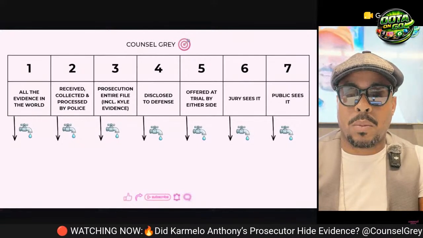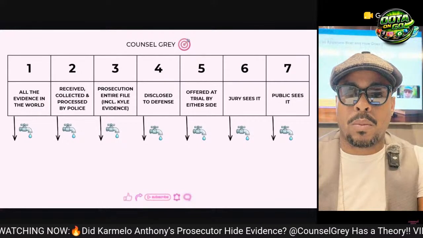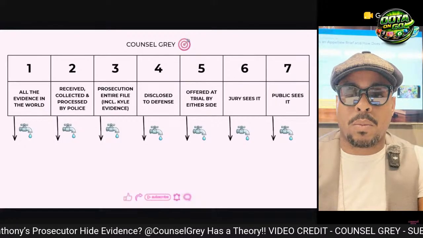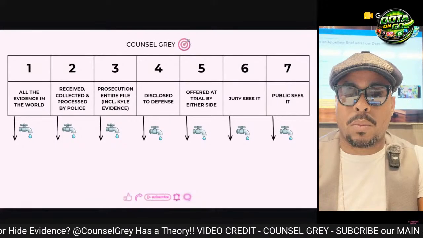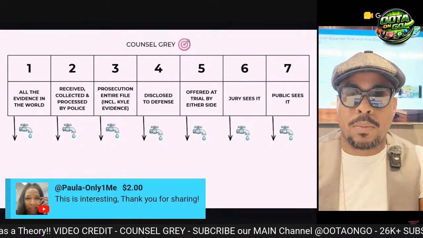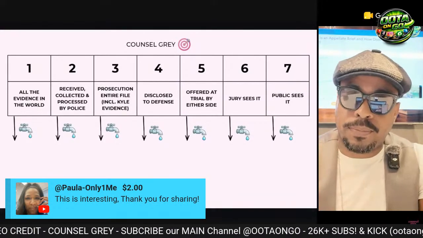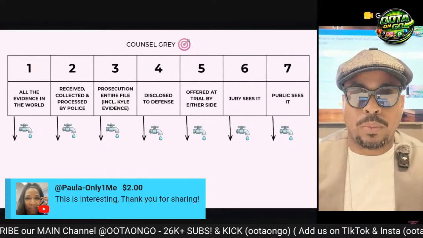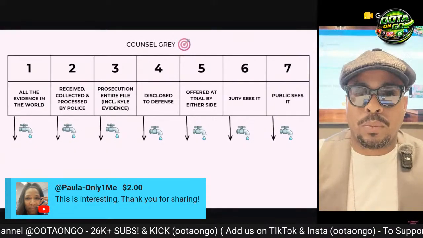Just because they offer it at trial does not mean that the jury is going to see it, right? Because what happens there is that the judge can say that this is not going to the jury, right? This is not helpful or useful to the jury, or it will not help them get to more of a right answer. Okay. And then the last thing, even what the jury sees,